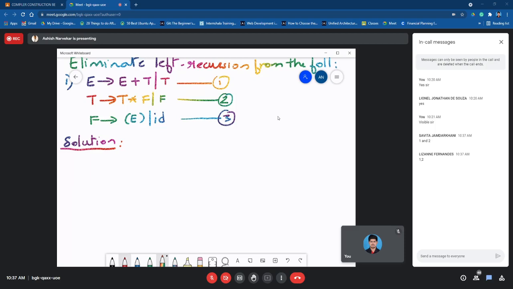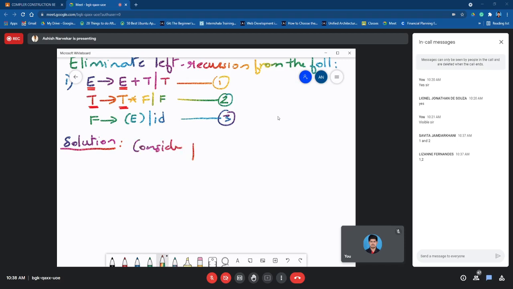In case anyone has not understood it before when I explained, just to tell you all why 1 and 2 are having left recursion is because the left hand side of the production, which is E, is appearing as the leftmost symbol on the right hand side of the production over here. So that's the reason this production is having left recursion. Similarly, T, which is LHS over here, is appearing as the leftmost symbol on the right hand side of this particular production. If you look at the third production, F does not appear on the right hand side of this particular production. Hence, there is no left recursion in production number 3.